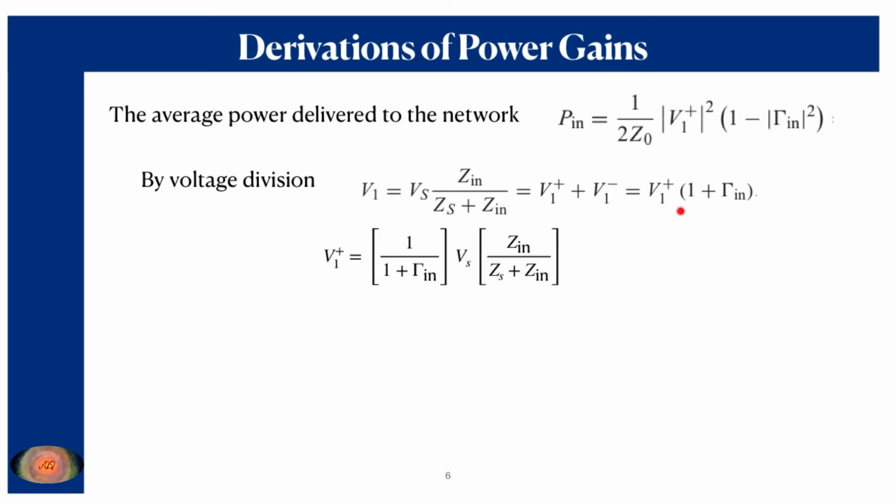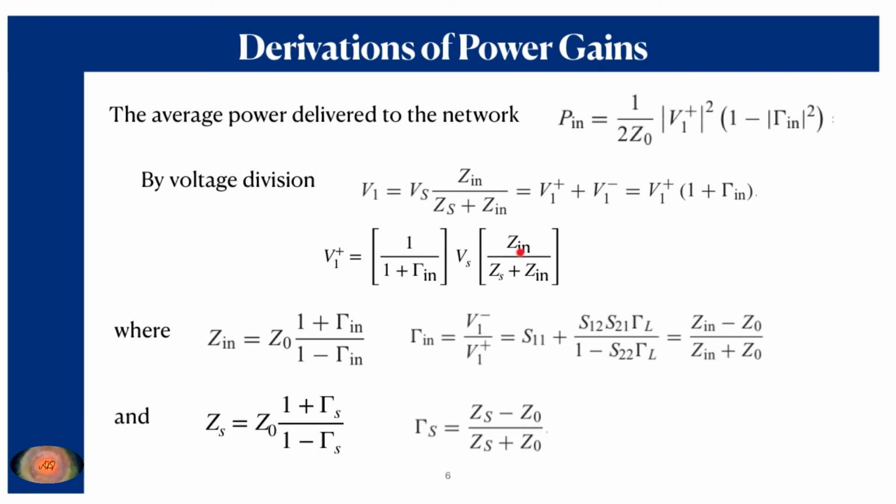Now, from this above equation, if you divide the entire equation by 1 plus gamma in, then this equation will result, and it is very clear to you. Here, this Zin can be obtained by observing this expression, where gamma in is equal to Zin minus Z0 divided by Zin plus Z0, and from here you can easily derive the expression of Zin, which includes gamma in and Z0 itself. Similarly, the Zs that I have already obtained